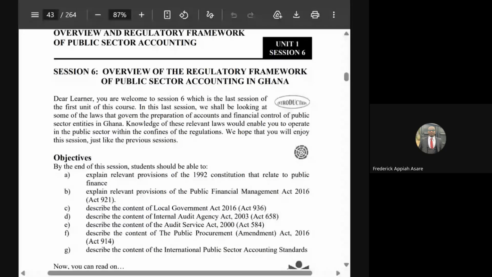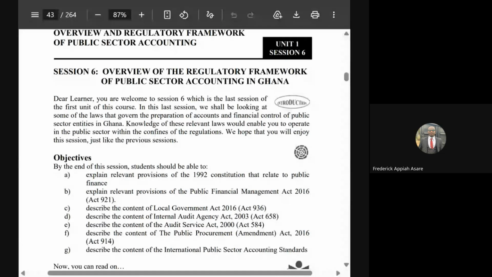Last week, we started explaining what public sector is. We did the differentiation, we analyzed the differences and similarities between public sector and private sector. We also talked about another sector in the public sector, which is into profit making, which they call the government business entities.